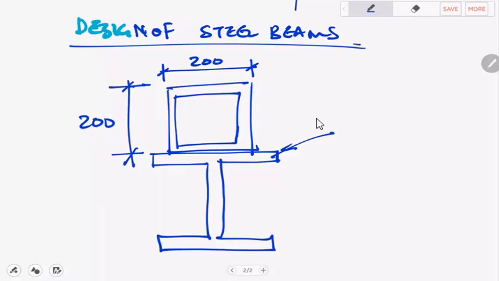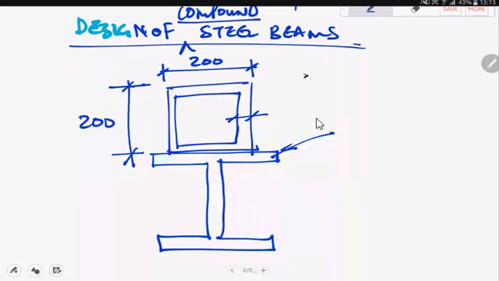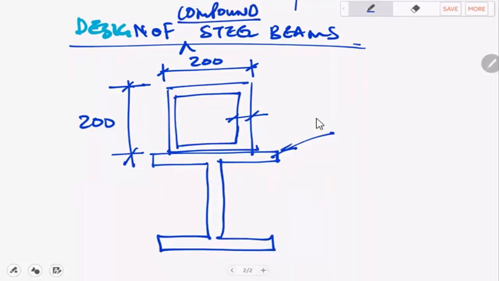Yes, sir. Right. So the thickness. Let's just make this thickness. So this kind of beam which I want to deal with today is called a compound beam. Right? So the concept is very much similar to what we used to cover in N5, right? And we're going to apply that concept from N5, but